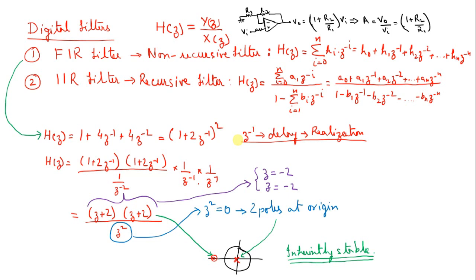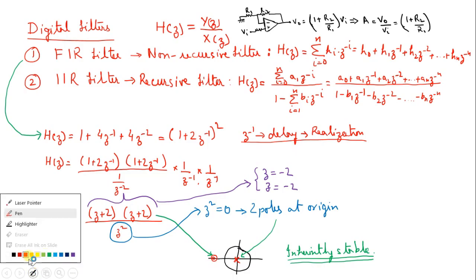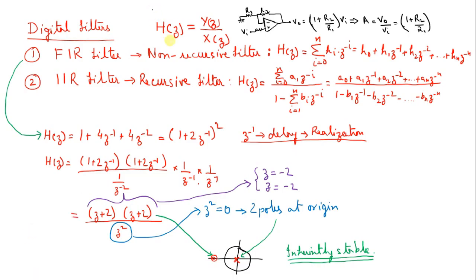consequent topics. As we all know, digital filters are usually represented mathematically with the transfer function, which is given by H(z). If you consider any analog filter, here I have given the example of an inverting or non-inverting amplifier. If you look into the input and output relationship, it is given by V0 equals 1 plus R2 by R1 into Vi. What happens if you bring this Vi on the other side? We get V0 by Vi equals 1 plus R2 by R1, and this is regarded as the gain